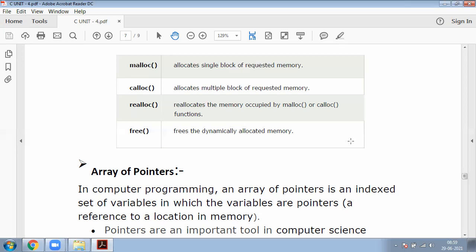For example, with malloc we can allot a single block, and with calloc we can allot multiple blocks. Now suppose this is not enough memory, so we want to reallocate the memory. At this time the realloc function is used, to reallocate the memory that was allocated with malloc or calloc.